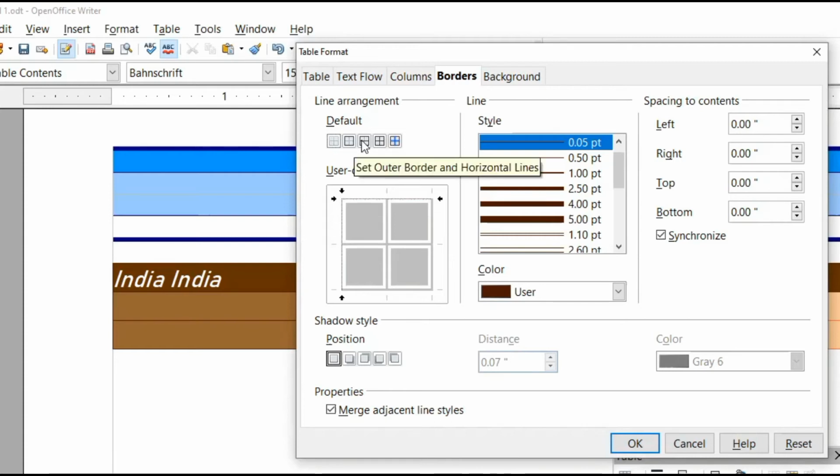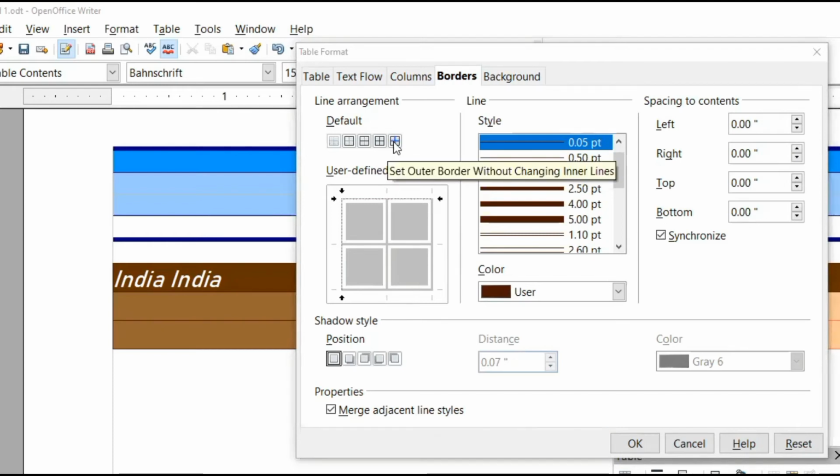This is horizontal borders and left and right border around table, not vertical. Okay, vertical, these columns will not get borders, and this is all inner lines. That means around every cell this border will be applied. Then this is outer border without changing inner lines.